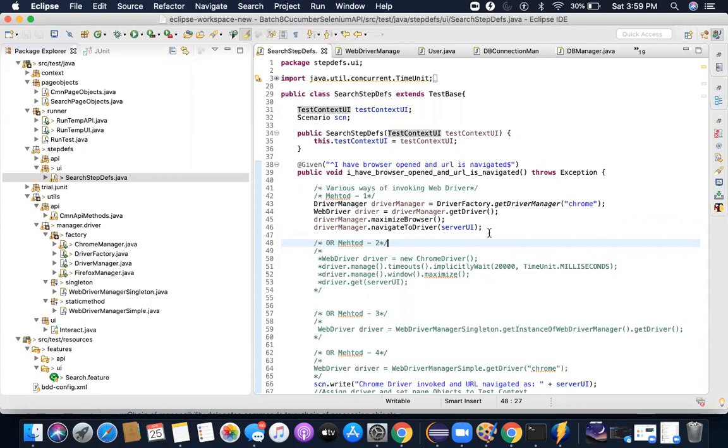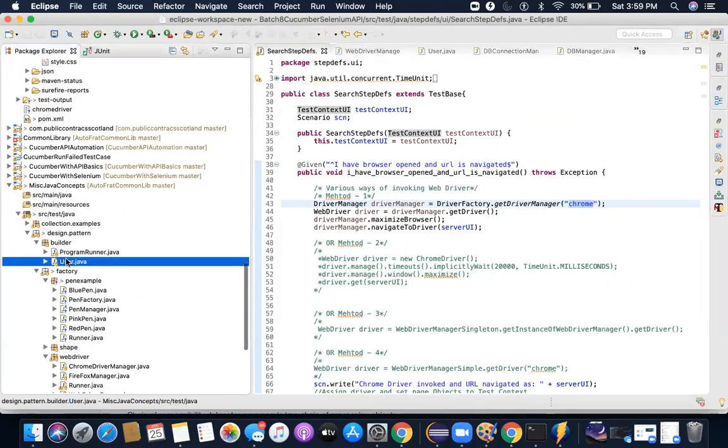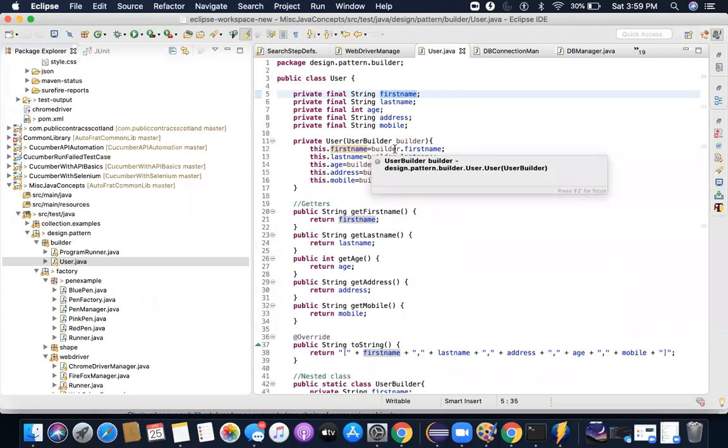So builder is what we use when you want to create a complex object. So let's say there is an object which is required. For example, a user. I gave an example of a user, right? User is an object which can have many attributes, many properties. For example, in the case of driver, we had only one property, Chrome. If you say Chrome, Firefox, and that is it. Not much property. But in the user case, we have many properties. Where is my user example? This one. It could have many properties. So in this case, it makes sense to use the builder design pattern for creation of the object.